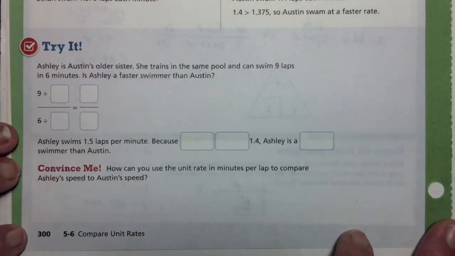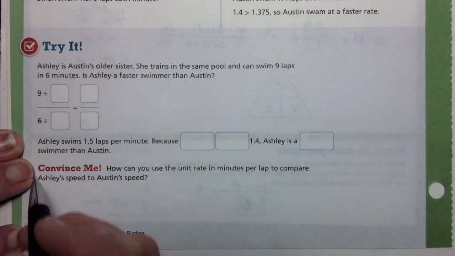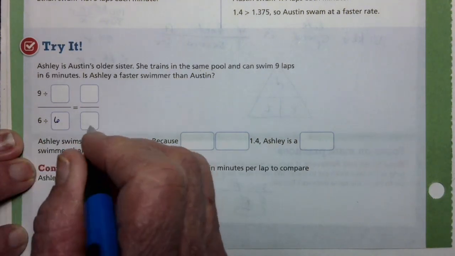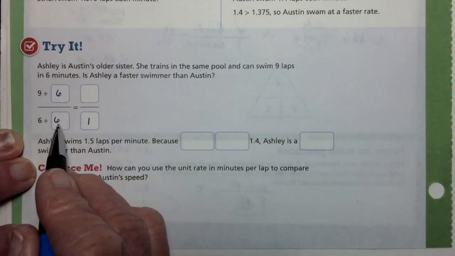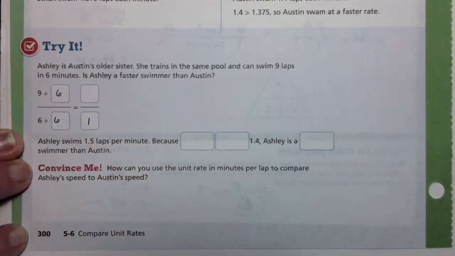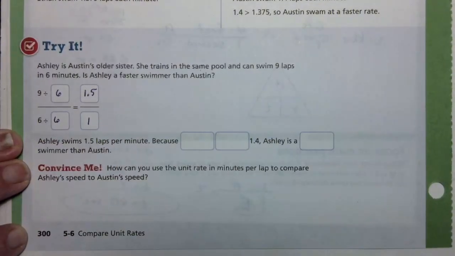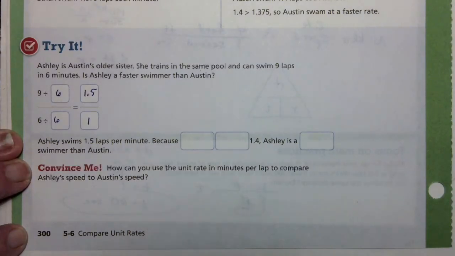Ashley is Austin's older sister. She trains at the same pool and she can do 9 laps in 6 minutes. So it's this denominator we need to turn into a 1. So 6 divided by 6 is 1. Then on the top we have to use the same number we did down here. Well, what is 9 divided by 6? Use your calculator or do it by hand, and I get 1.5. So this is 1.5. Okay, Ashley swims 1.5 laps per minute because,